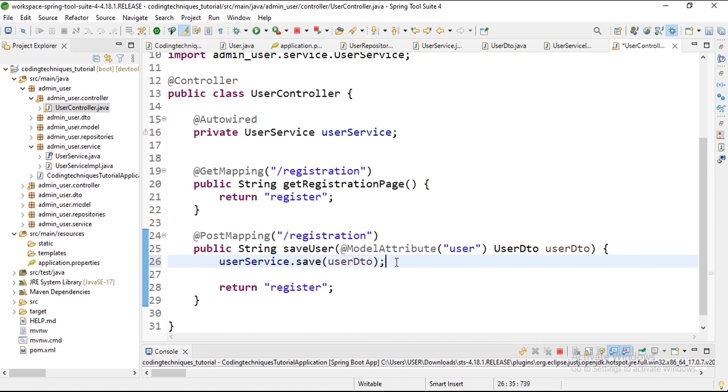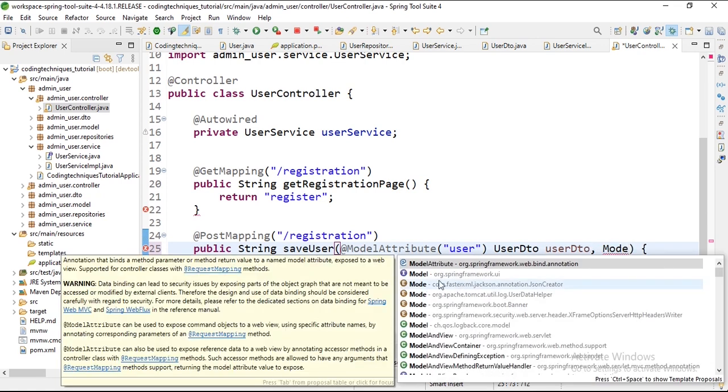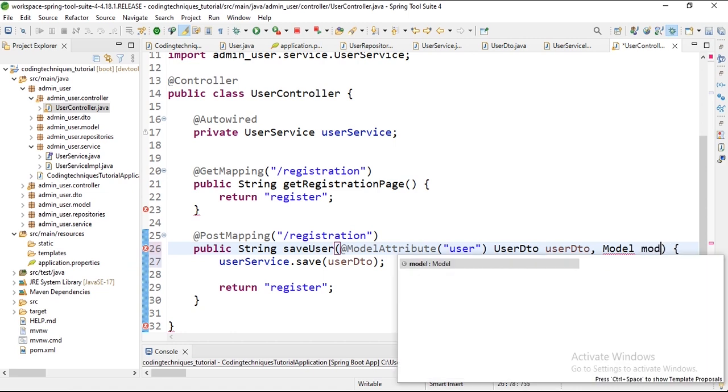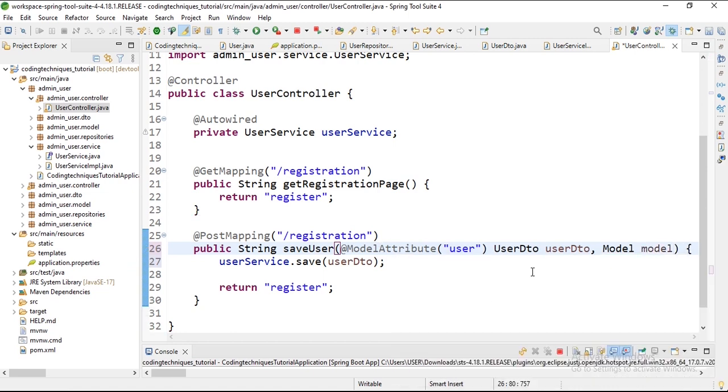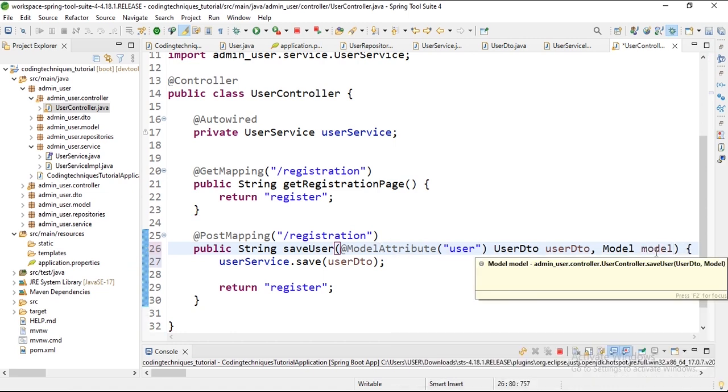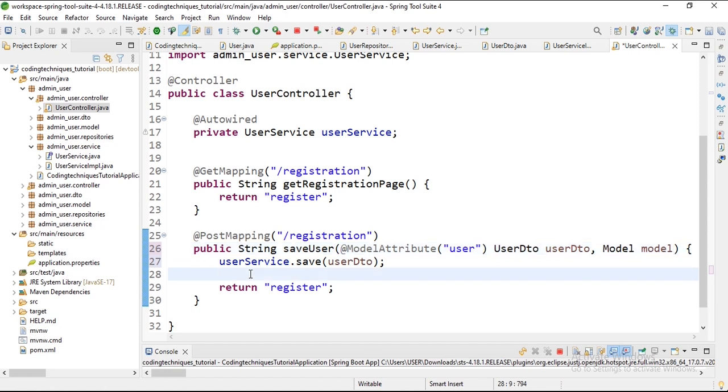So that is not the only thing we need with the save user. After saving the user DTO, we need this to tell us that it saved successfully. So we need a model. Here is the model. Then we will use this model